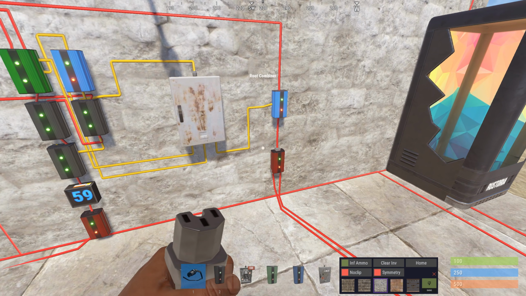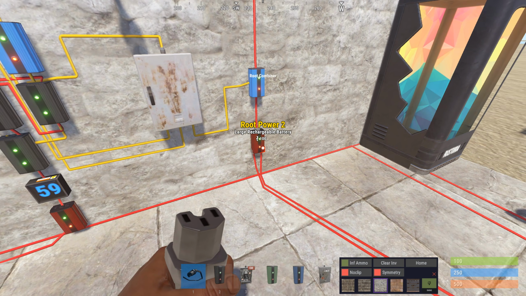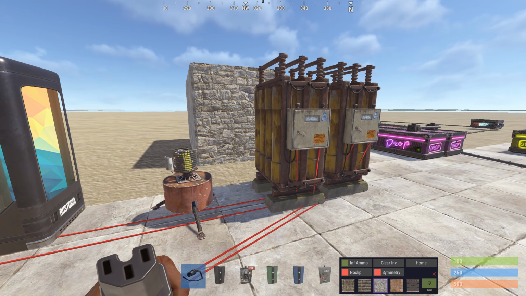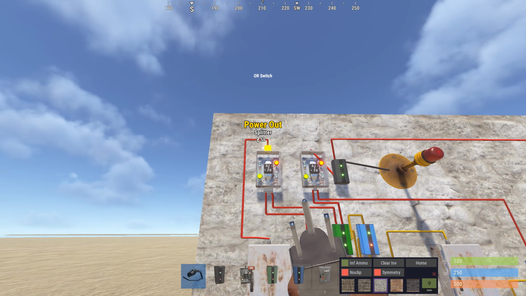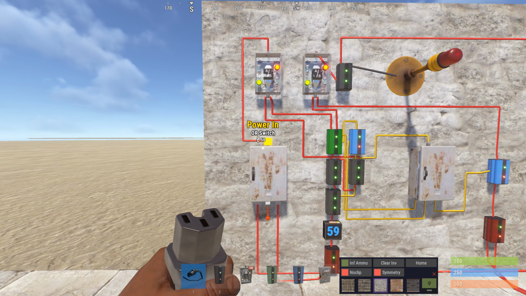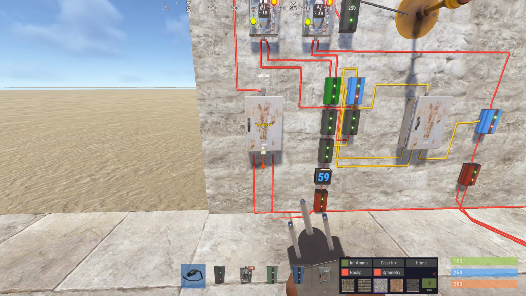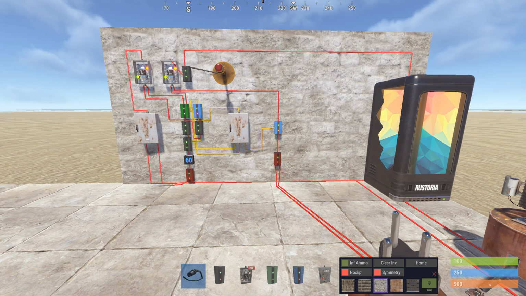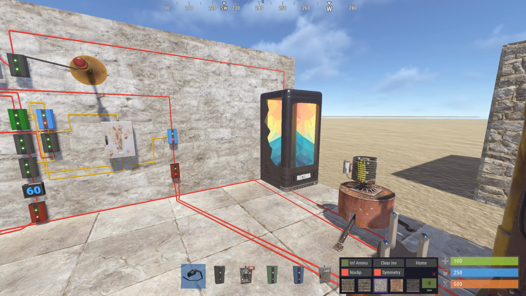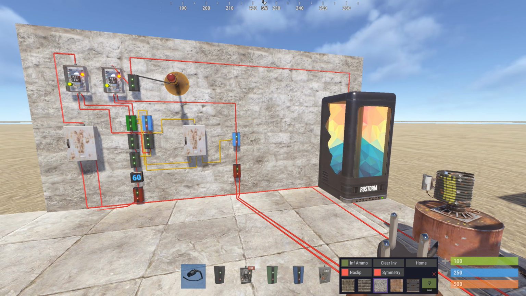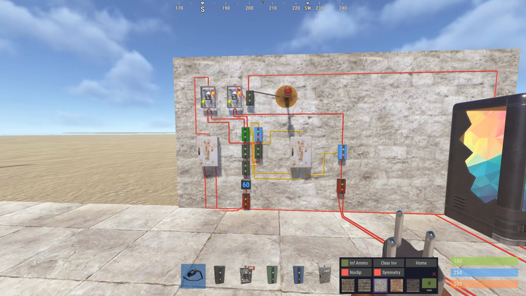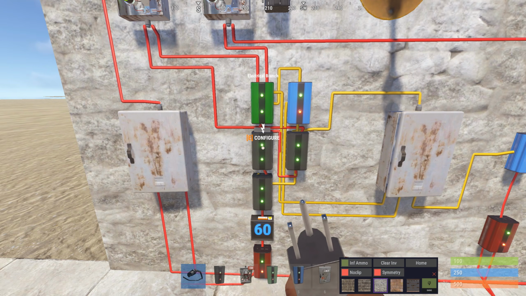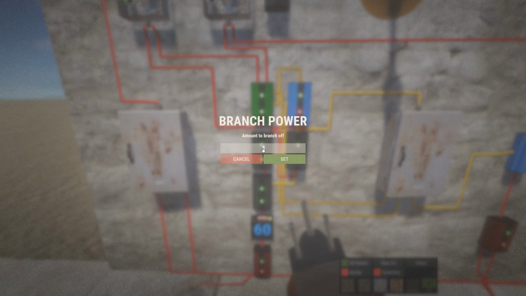On the right side, we have the combined output of the batteries. We have two large batteries in the system. These batteries are charged through this OR switch here, and we use a splitter to distribute the power evenly to each battery. This system only powers a fridge currently, as demonstrated here, that requires 5 power. The total power required is through this master branch here, which is currently set to 5 power, which is the